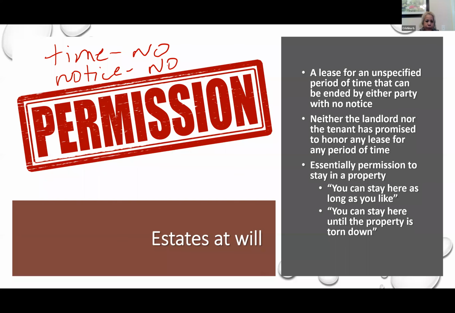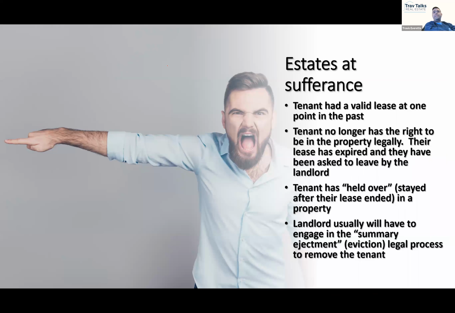Okay. Now, the estate at sufferance. And this is where you have to not be so regimented in your brain. Something could start as a periodic tenancy and end up as an estate at sufferance. A tenant at sufferance is simply a tenant who at one point had one of the other three. They had a periodic tenancy, an estate for years, or an estate at will. They have exceeded their welcome. They have